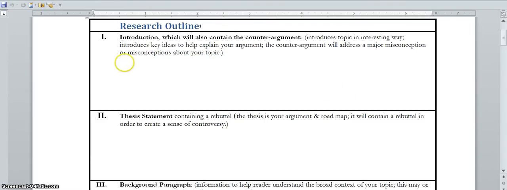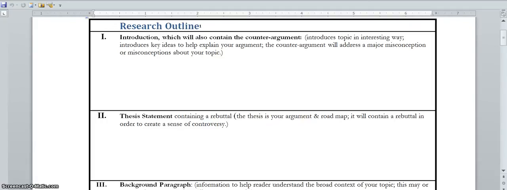So if we scroll back to the top and we look at the introduction, I've mentioned some things about introductions already in previous videos, but it's a very good idea if you bring a sense of the counter argument into your introduction so that the reader understands a little bit about how people feel about your topic and what some of the opinions are that people have about your topic, and maybe even kind of what prompted you, not in first person, you don't want to write in first person, but maybe the reader could get a sense of the issues that prompted